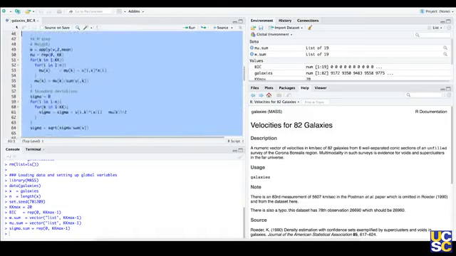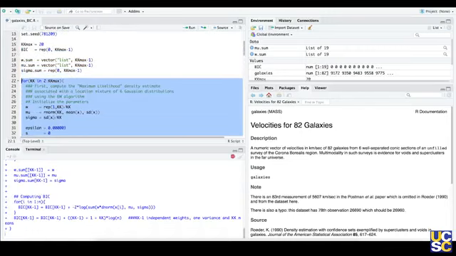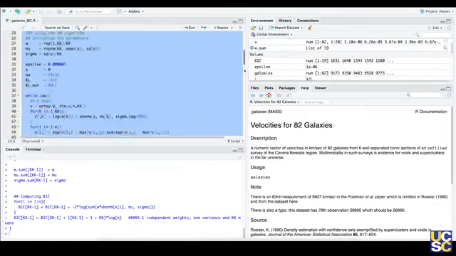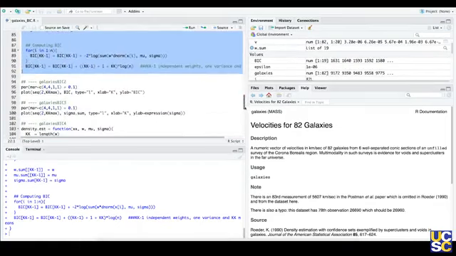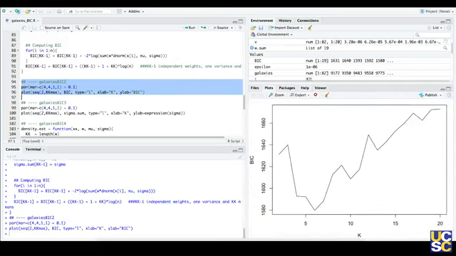So let's do that. Let's run the for loop. It takes a second to run because it needs to go through different values of k. So it has finished. Now that we have the different values of k, one of the things that we can do is just plot the value of the BIC as a function of the number of components. That's what this piece of code does. And you can see